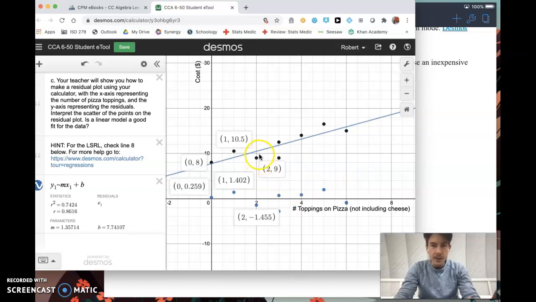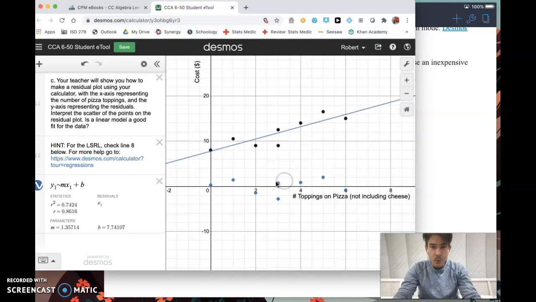Okay, and so we can see all this information. Here, I've got 2 pieces of data with 3 toppings. I've got one for $12.50, one for $9. Our model uses both of those, and the one for $12.50 is 69 cents over, and the one for $9 looks like about $2.81